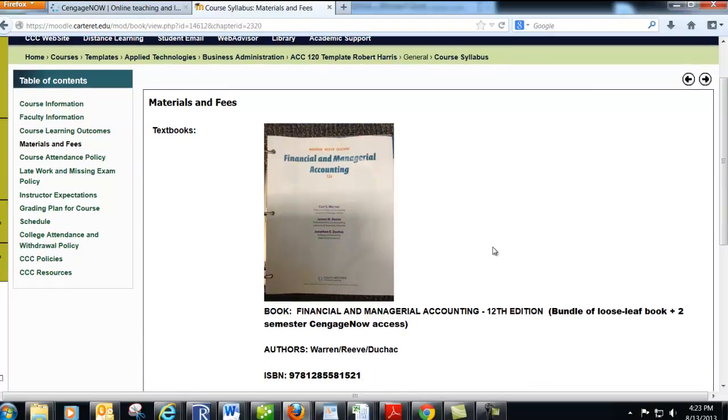At the bookstore right now, there's a bundle of a loose leaf copy of the book. We're able to get you a way better deal by having the physical copy actually be loose leaf. So there's two things you'll get. You'll get the textbook, and you'll also get the Cengage access code. Cengage is a way for you to complete your homework online. You'll know right away if you missed something. It'll help give you pointers as to where you went wrong, things like that. So you're going to definitely have to have the Cengage code. You can buy a bundle of those two at the bookstore.